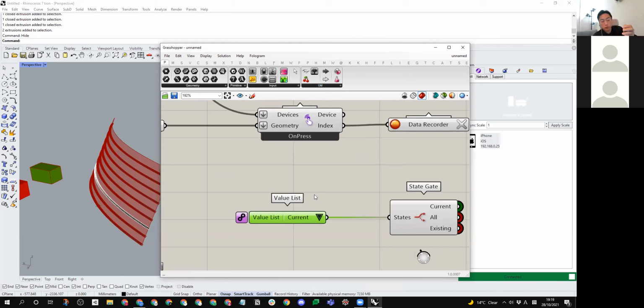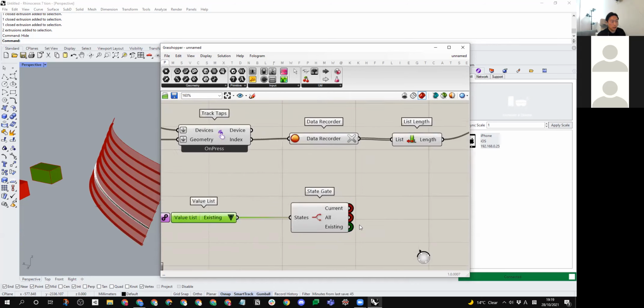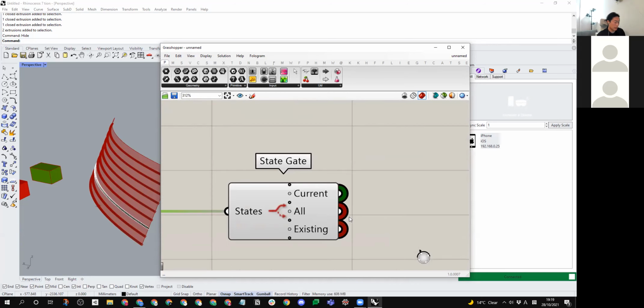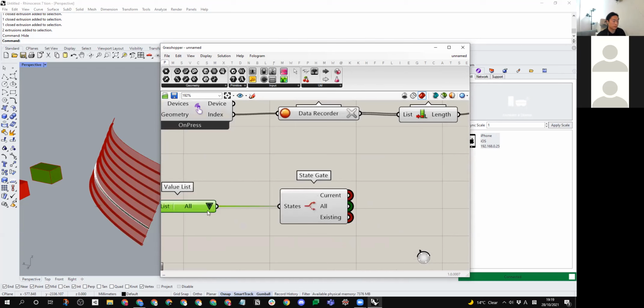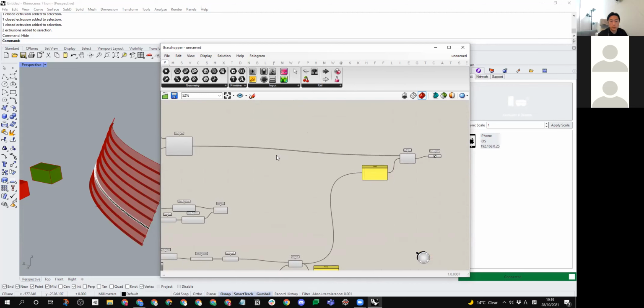Maybe I can show you as well, though it's hard to show. You can see the value list over here. When you click this one, it's very small, but these are current, all, and existing. So I can change what I want to select here. You can see it is changing, and here the color is changing. So actually, this is enabling each gate. So all we need to do is have different results